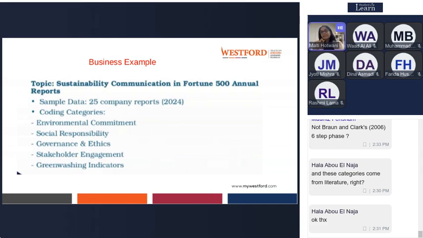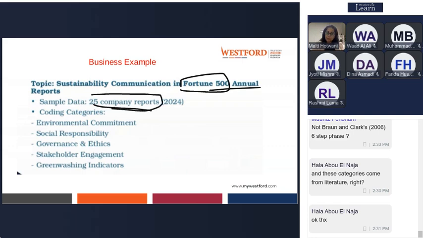In this particular research, the sample data is 25 companies' sustainability reports, where they are reporting ESG. The sample is taken from the Fortune 500 companies. So my population here is Fortune 500 companies, and my sample is 25 companies.